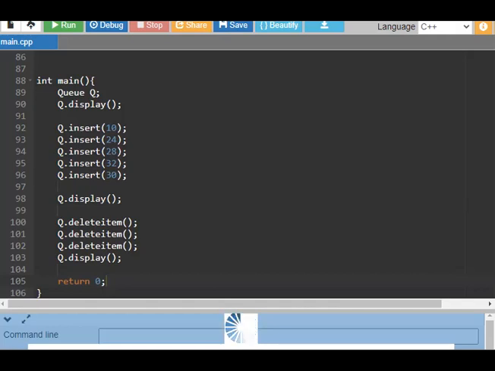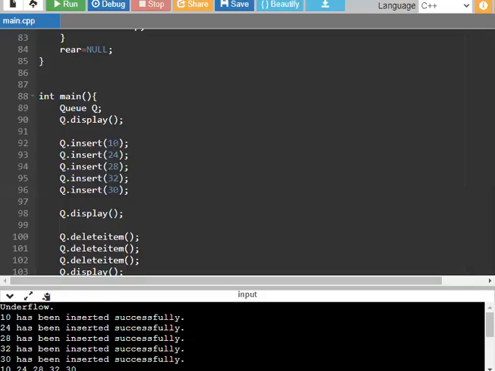Wait for some time. The compile process is going on. Now the output is displayed because this is a static type. During compile time, the program will be run.